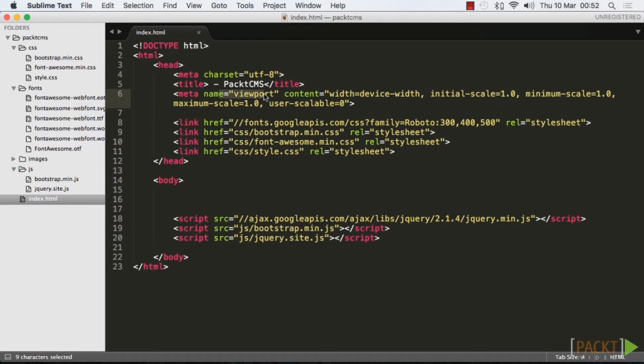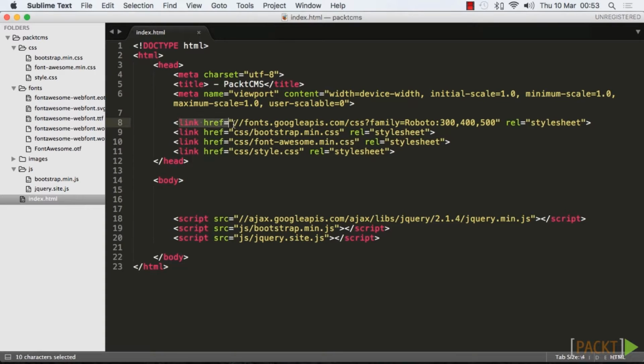Now this is something that you need to use with Bootstrap if you want your websites to be responsive. So what this basically does, it sets the width of the browser to whatever the device width is, and it sets up some scaling properties like initial scale, minimum, and maximum, which basically allows Bootstrap to render according to the